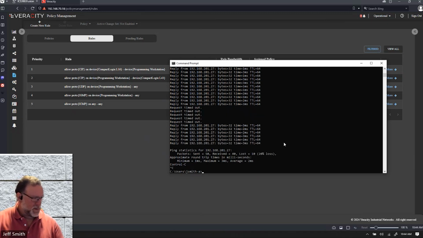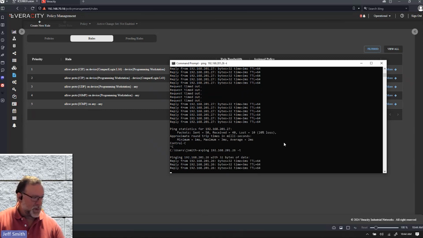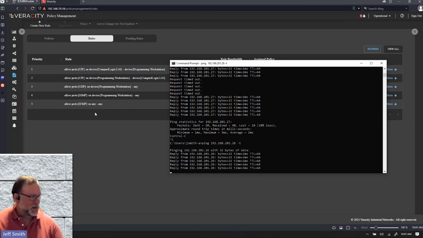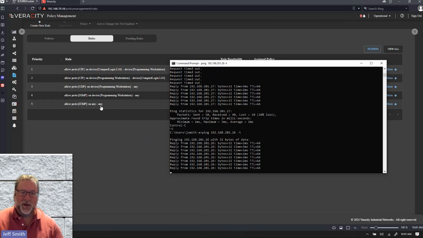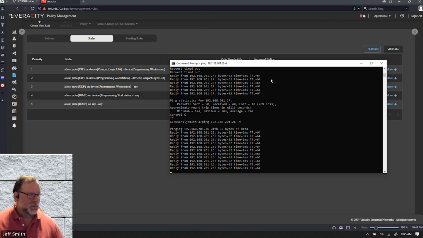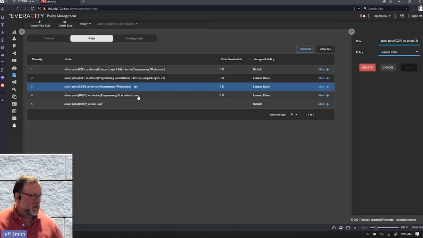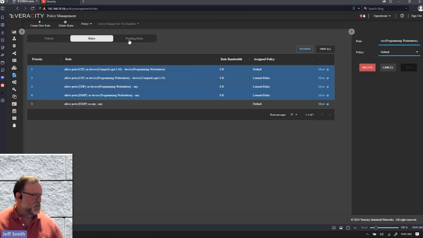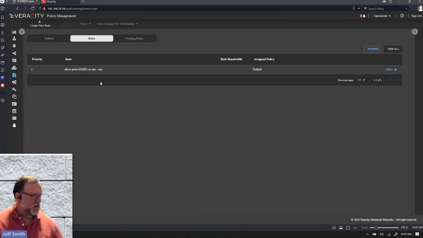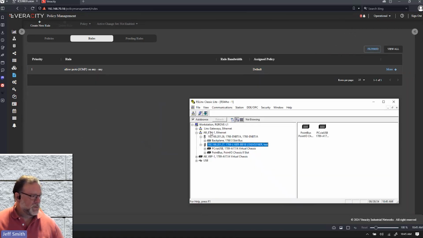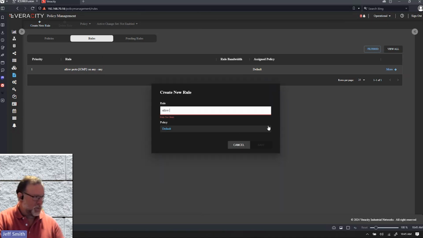If I stop it, and I go back and I start it, it's allowed to happen. Because I've got this singular policy that's a bit more broad stroked, saying anything on my network can ping anything on my network. And that works pretty much with anything. If I get rid of these two SIP rules, right? When I get rid of those SIP rules, they're going to lose connectivity through RSLinx from my programming workstation. But I could create a rule that says allow proto SIP on any. I can create it that way.